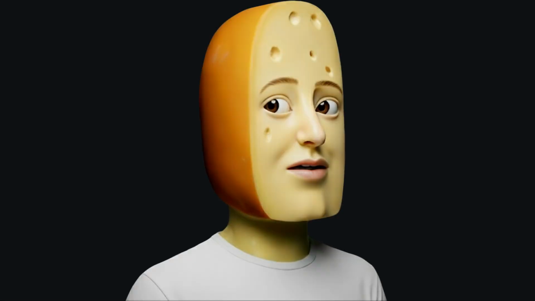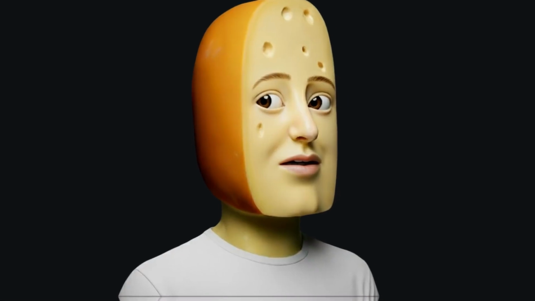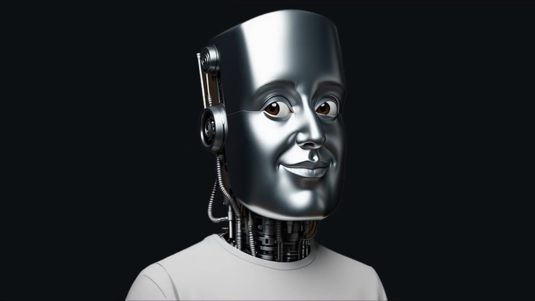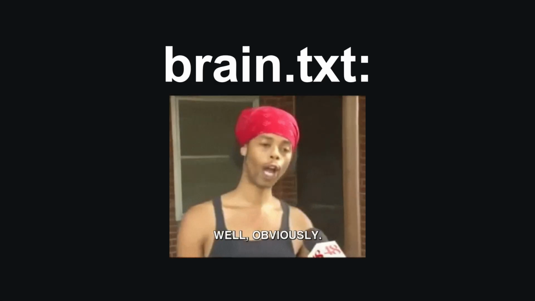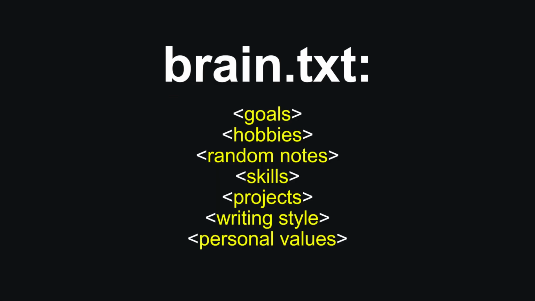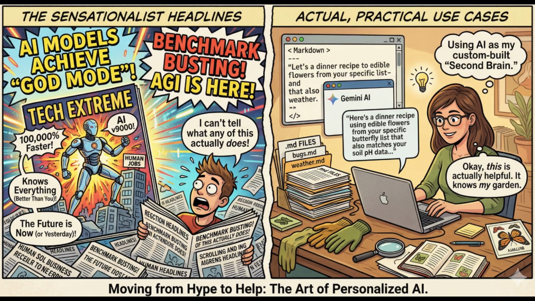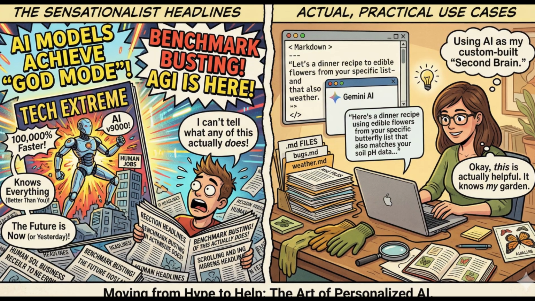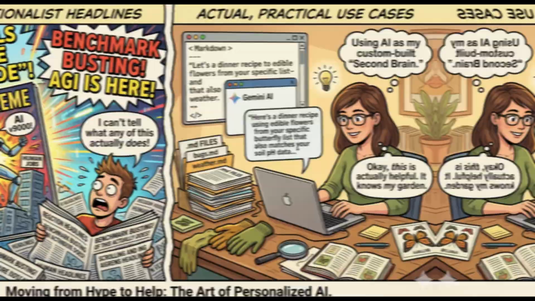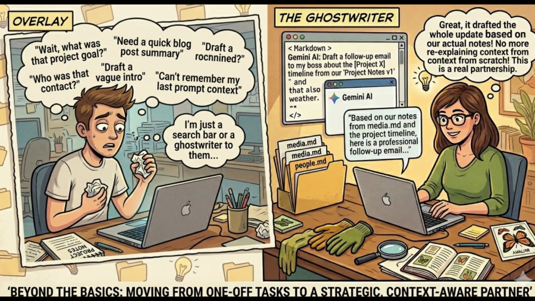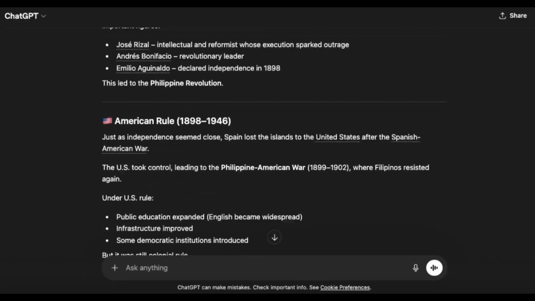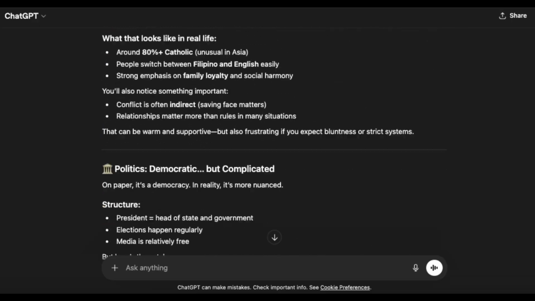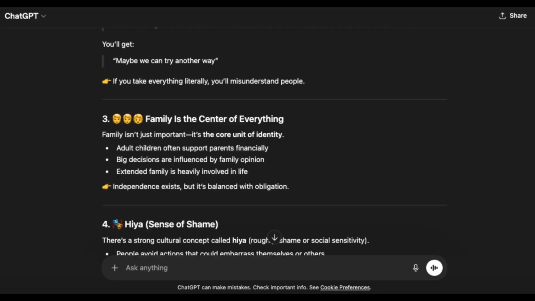Turns out, it's pretty easy to set up a digital version of yourself. You just need to provide AI with some info. Now that might sound trivial at first, but in reality, it's the single most powerful move you can make. Think of it this way. Most people use AI as a search engine or a ghostwriter for one-off tasks. At most, they'll use a long single chat thread in ChatGPT to keep a conversation going.